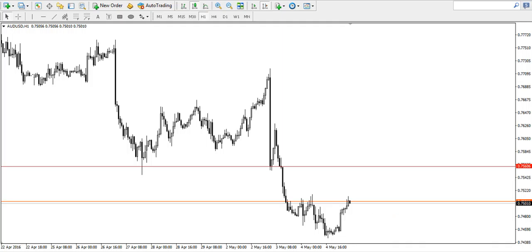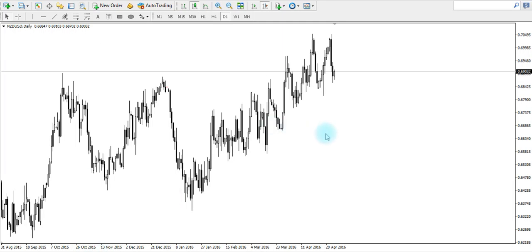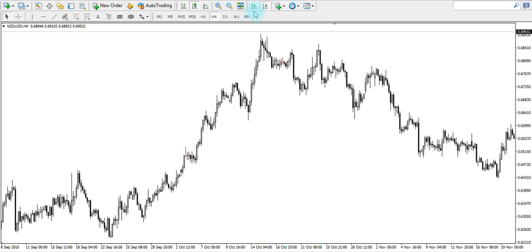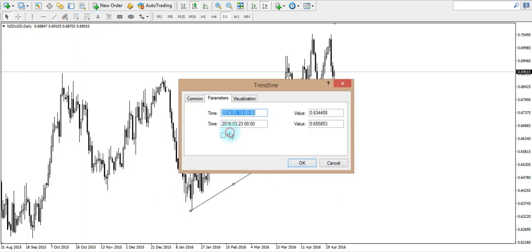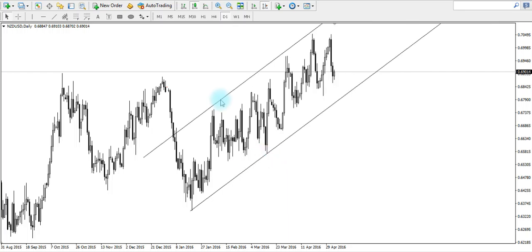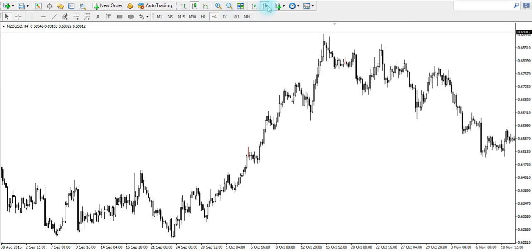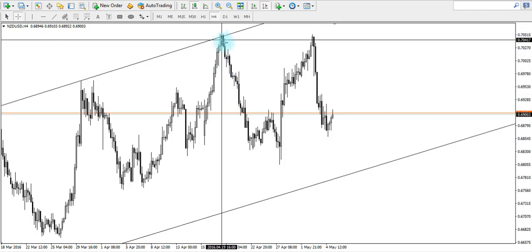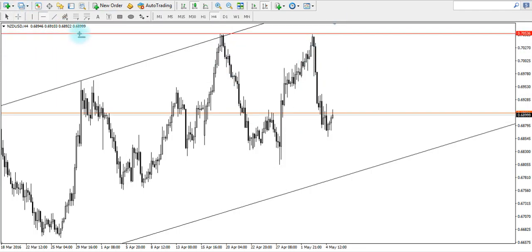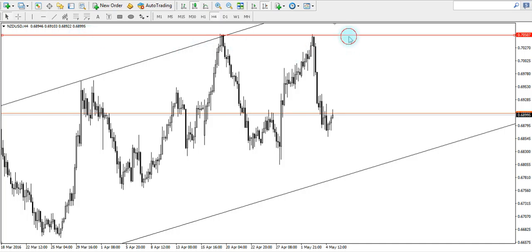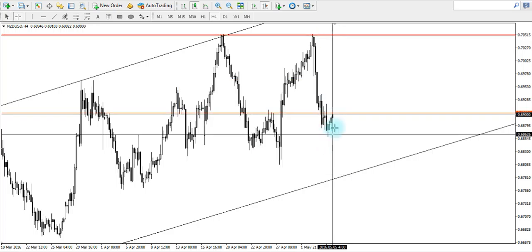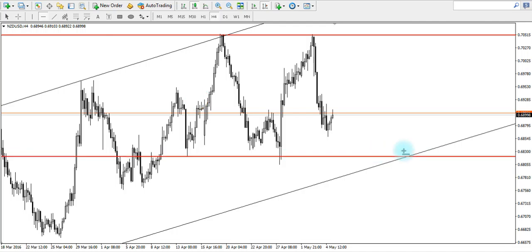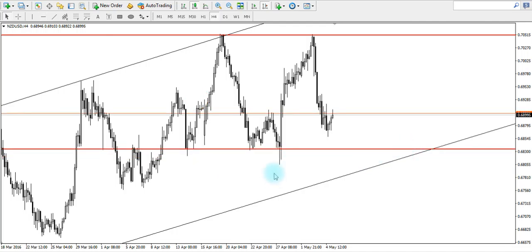So that's for the Aussie against the US dollar. Next we have the New Zealand dollar against the US dollar. Into the 4-hourly charts, or rather before that, let me just plot out the chart on the daily chart. We have a rising trend channel, a major one, right here on the daily chart. Alright, so into the 4-hourly chart, we've seen that the price has already begun falling from the top, went back to the same high, created a major resistance, and has since begun to fall again. Right now, we are seeing the price making a retracement just before it reaches the key support at the price of